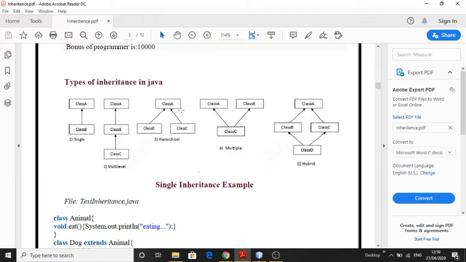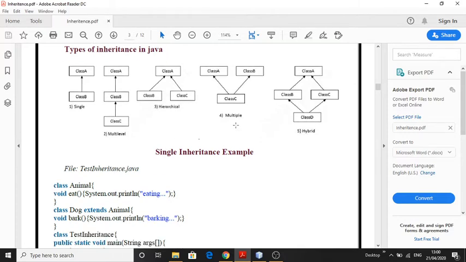In hierarchical inheritance, there are multiple children. In multiple inheritance, one child class has multiple parents. So class A is the mother, class B is the father, and class C is the child. This is hybrid inheritance, which is the combination of all the inheritances. One thing is noticeable here: Java doesn't directly support multiple inheritance. Indirectly, multiple inheritance can be achieved through interfaces. We will look later at what an interface is.